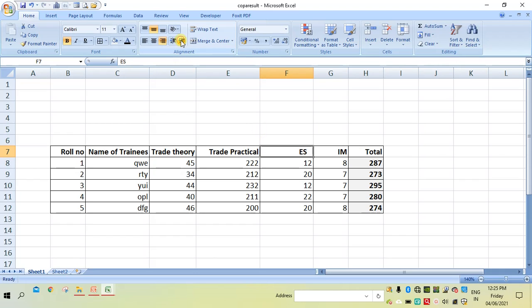Here you can see it is moving to the left side. Suppose you want to move the content of the cell to the right side, that is decrease indent, so click this. This way we can use the increase and decrease indent option.